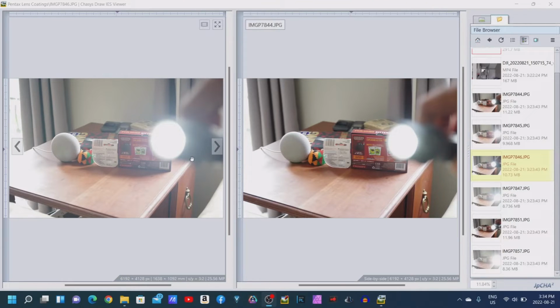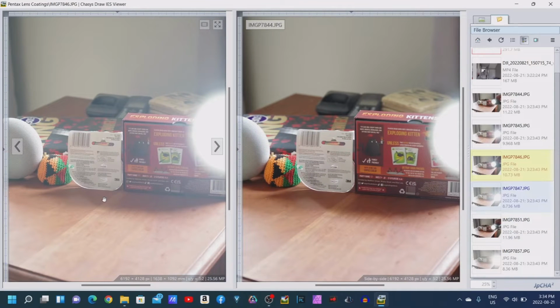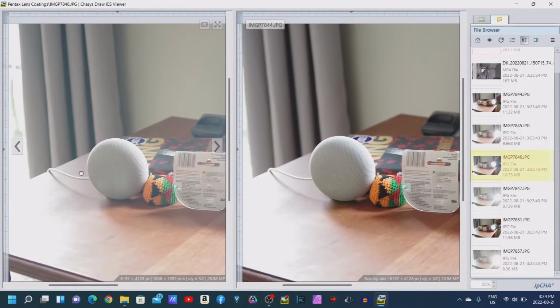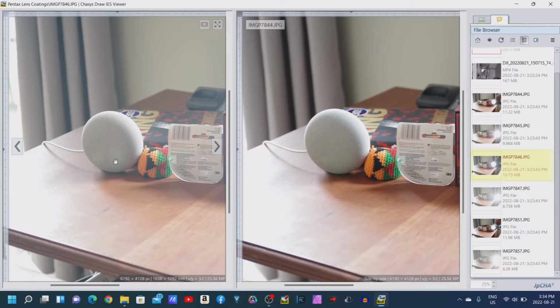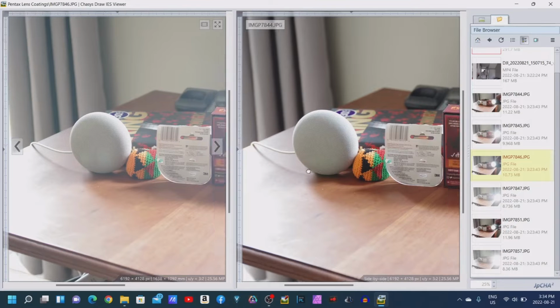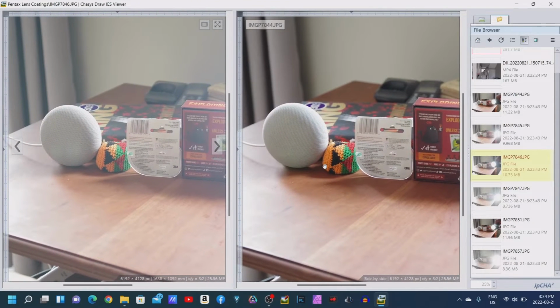Now, as you can see, the macro does do some ghosting in regards to strong backlight. However, it does retain detail and it does cut through any lens flare. There's really no flaring or anything, just a tad bit here at the bottom, by this Google speaker thing. However, it is also on the